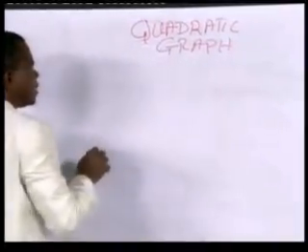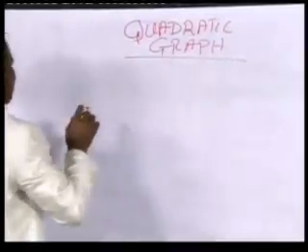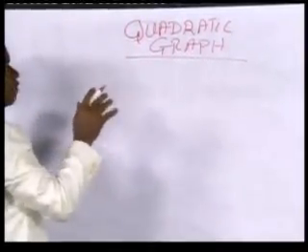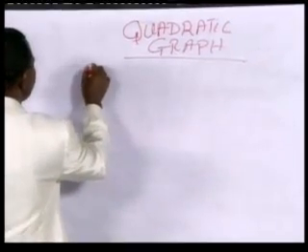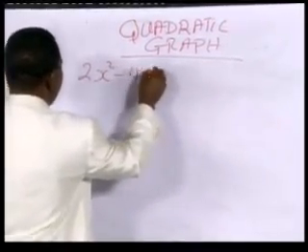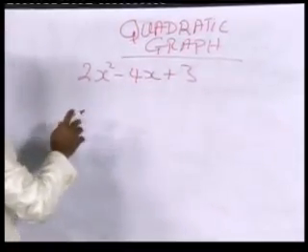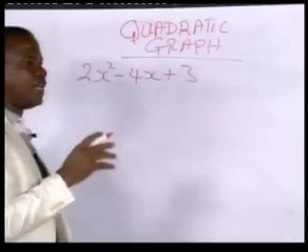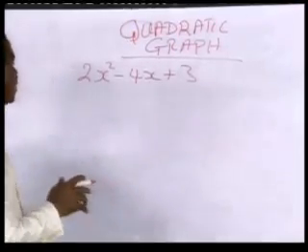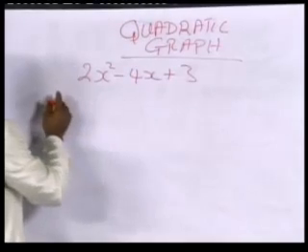Now, when we look at this, remember too that we did talk about the fact that when you are faced with this, for instance, 2x squared minus 4x plus 3. Now, we want to draw the graph of this. In getting the solution to this, using the graphical method to solve it, the first thing to do is to,